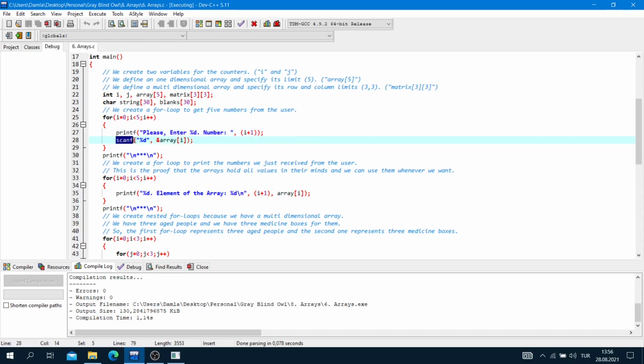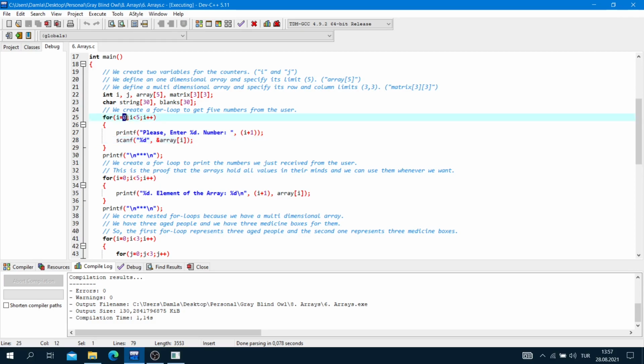Okay, scanf, the %d and ampersand, array, the square bracket, and our counter. For example, this is our first element of our array. i is equal to 0, so array 0 is the first element.